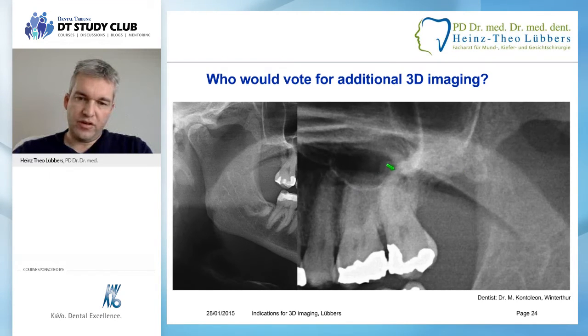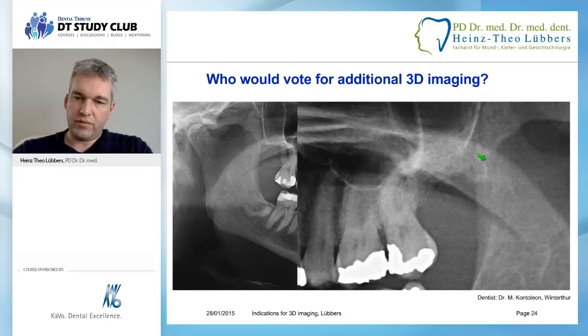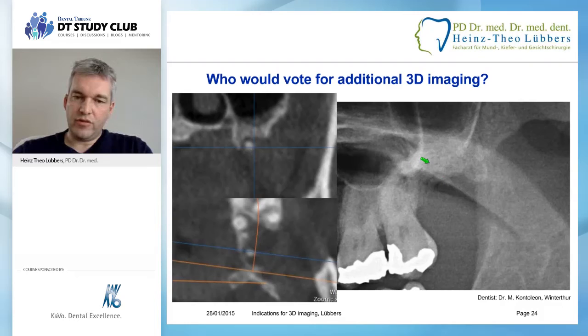The OPT for me is suggesting that there's something around. If you compare with this picture, the bone formation that should be here, like here, the bone is gone. If you look at it magnified, you might think there's something here or maybe here. And if you then look at the cone beam, you very clearly see that there's a